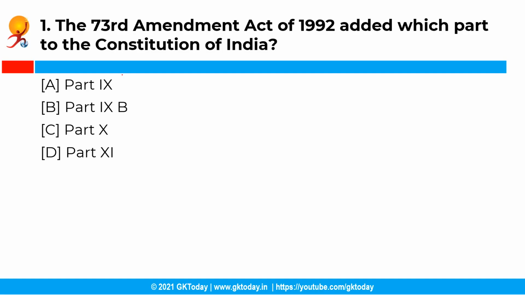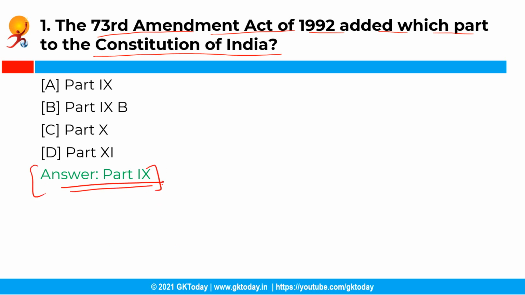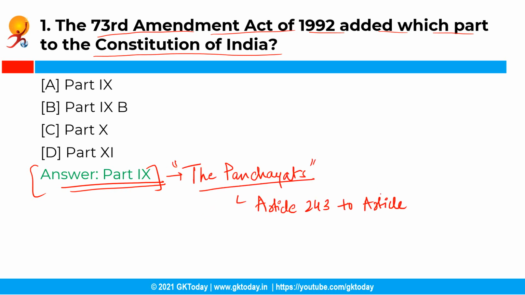So the first question is, the 73rd Amendment Act of 1992 added which part to the Constitution of India? So you have the following options, different parts, and the correct answer is option A, that is part 9th. So the 73rd Amendment Act has added a part 9 to the Constitution of India. Now this part is entitled as the Panchayats and it consists of provisions from Article 243 to Article 243O in